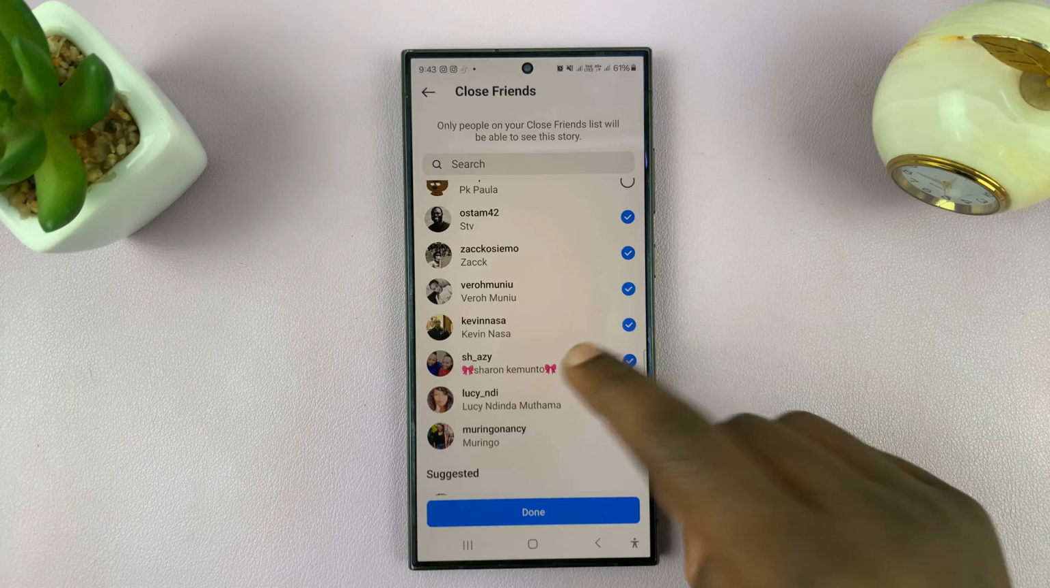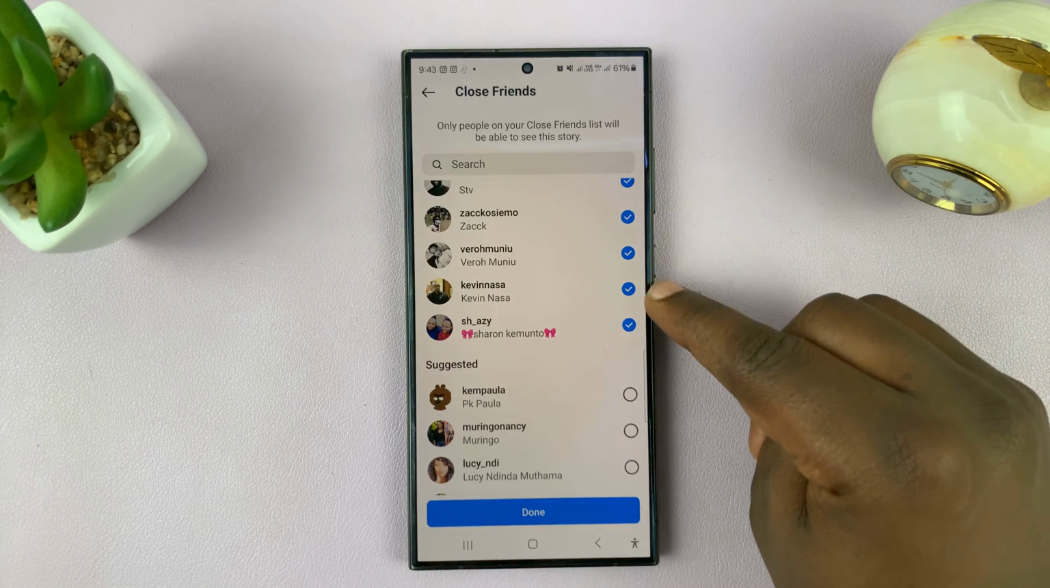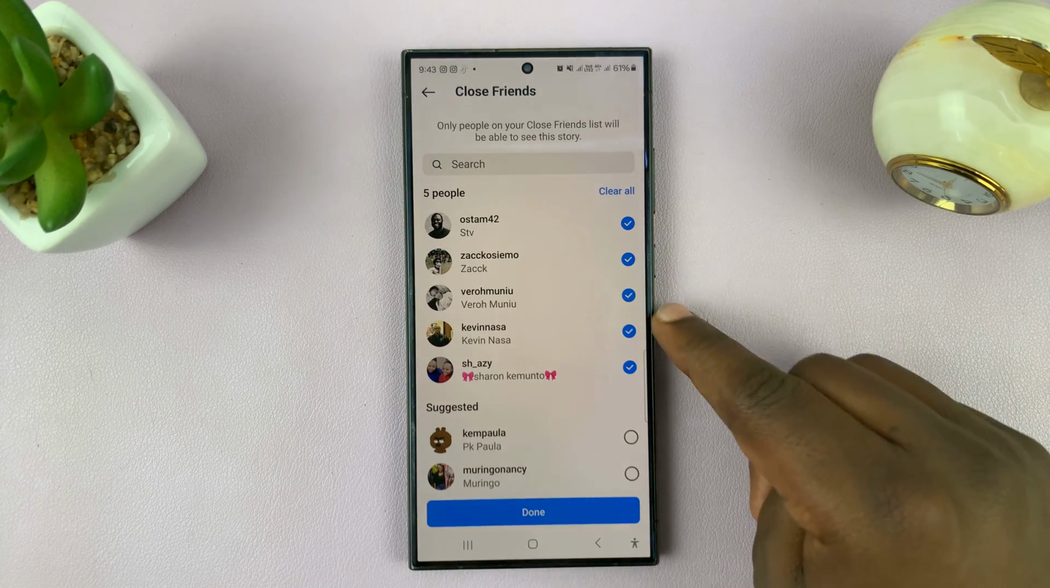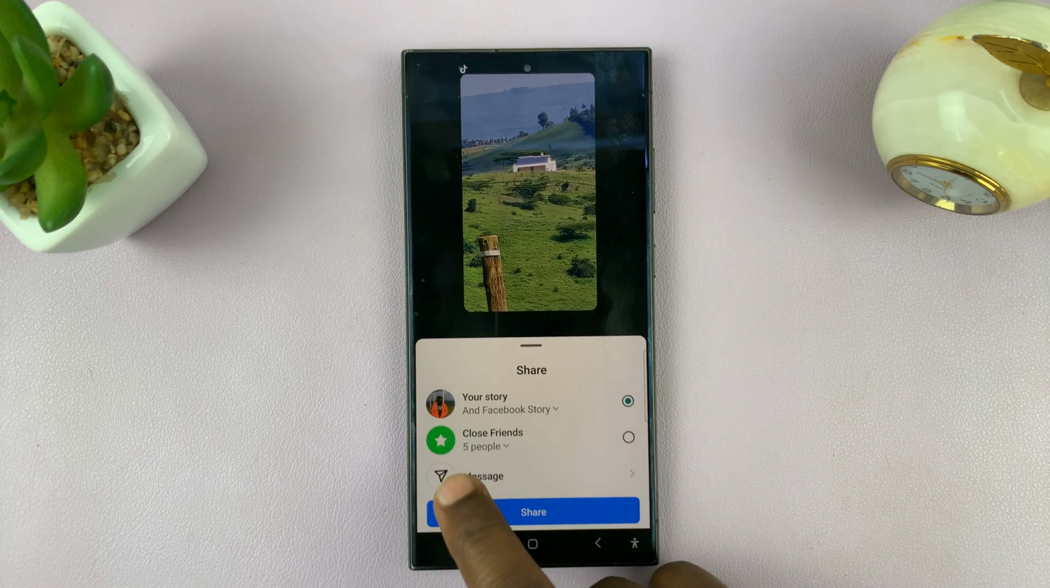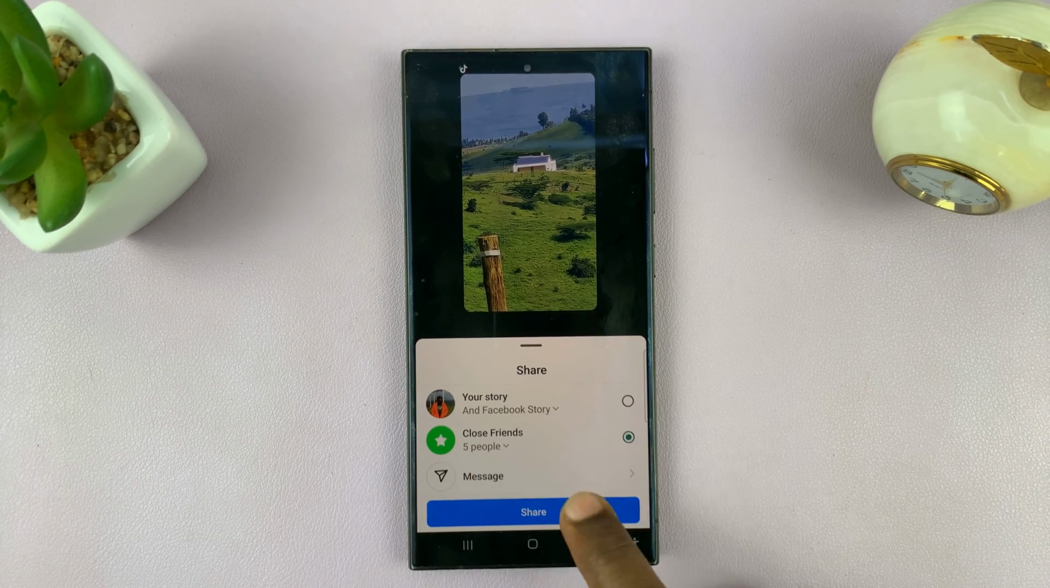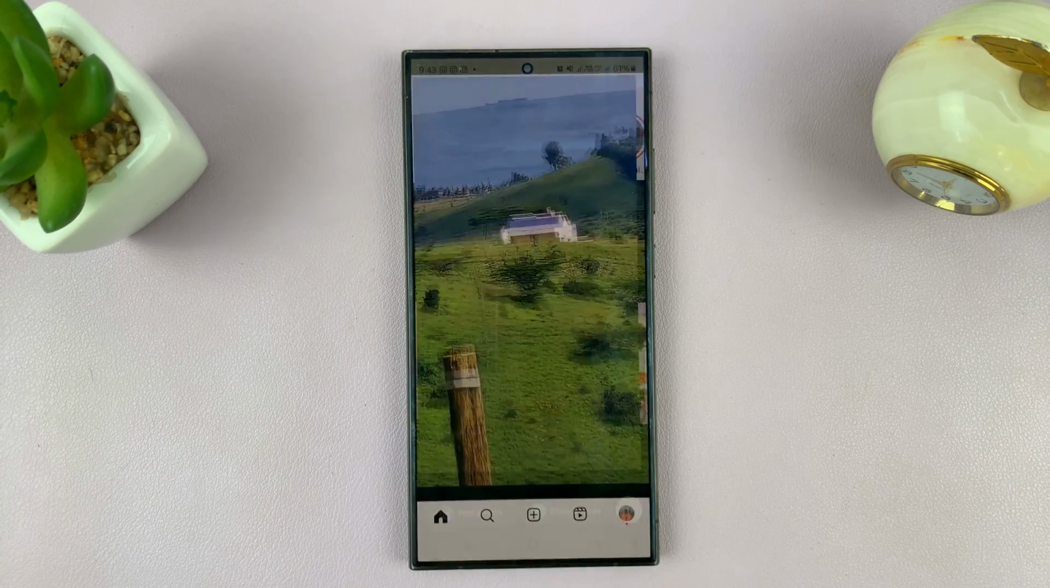Okay, and once I'm done and I want to share my story with only these people, I'll tap on done. And if I choose close friends now, my story will only be shared to those 5 people. Only these 5 people will be able to see my story. And then now I can tap on share and done. Okay,